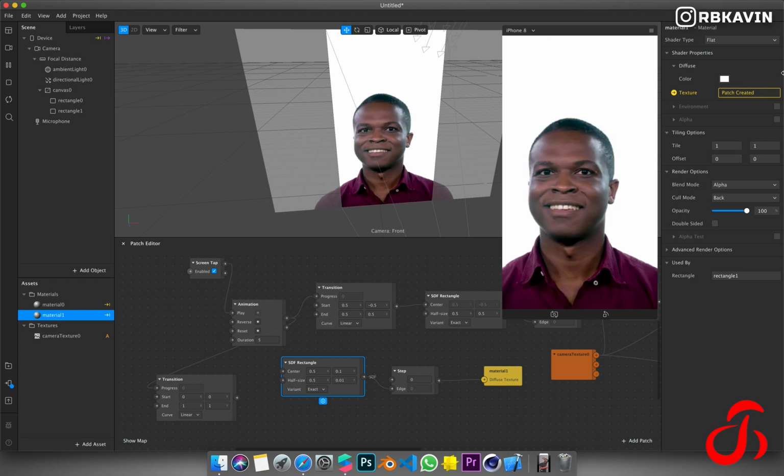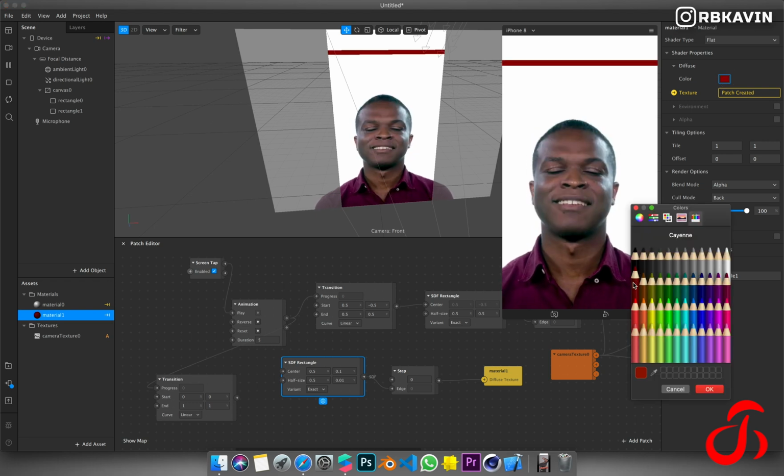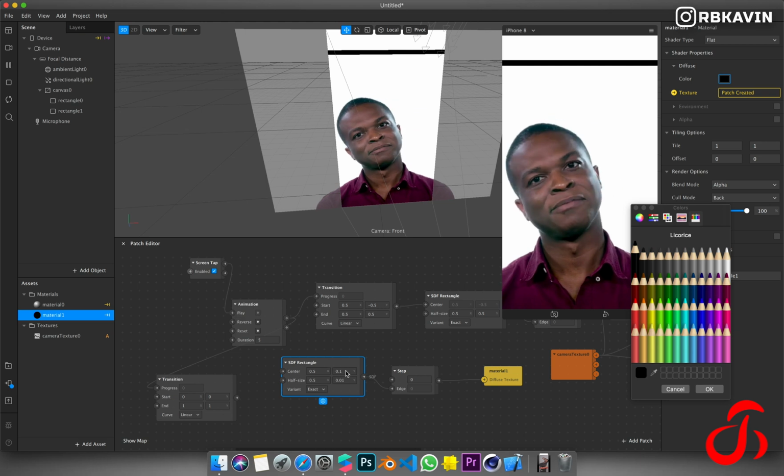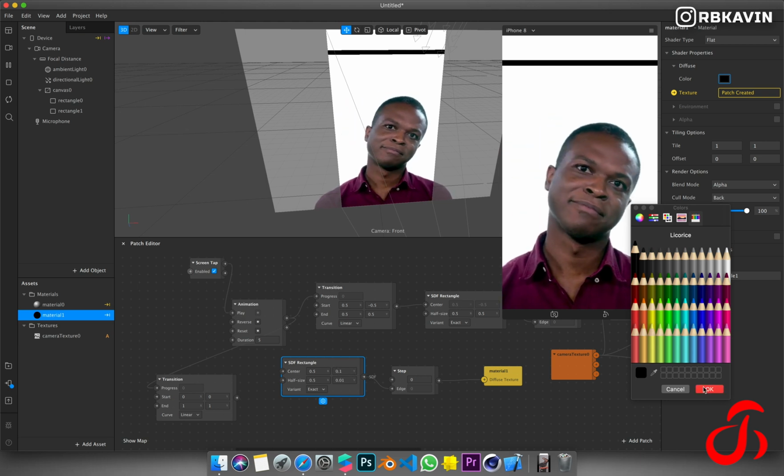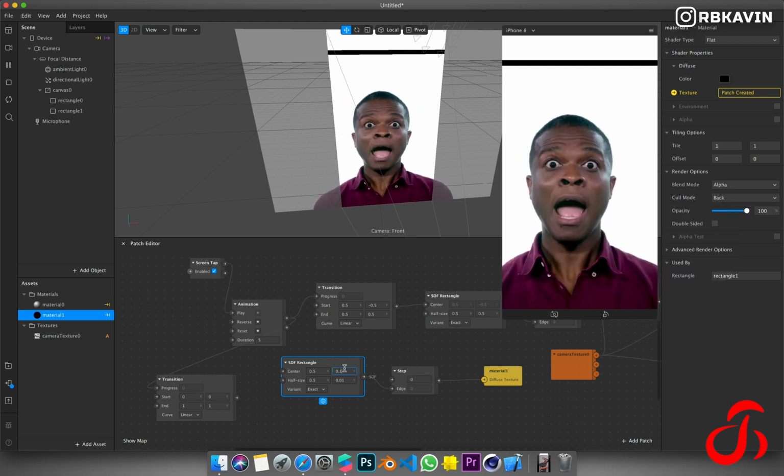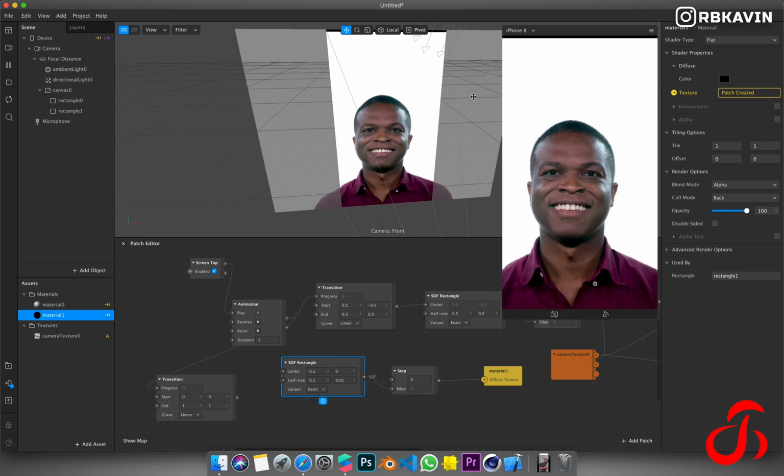If I put 1, it goes to the top. I'll change the color for now. You can see 0.1 is over here. If I put 0, it's over here.